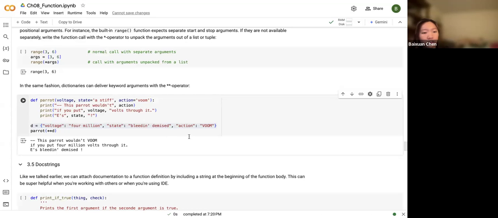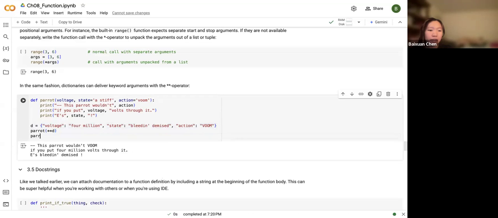And when you add two asterisks, it treats it as a dictionary of each value. So it would know that voltage is 4 million, state is this, action is this, and it would just run the function. Like running this function is the same as running parrot